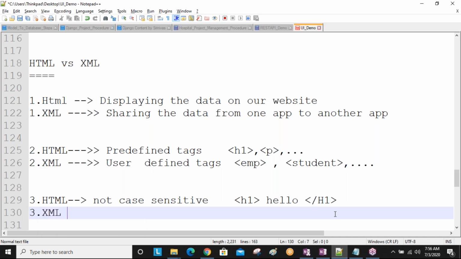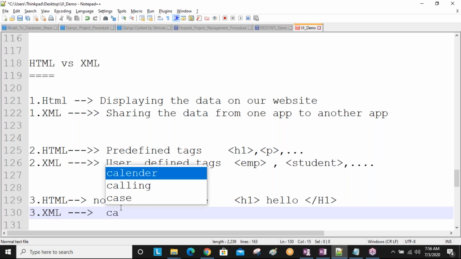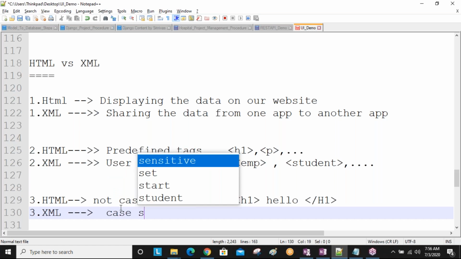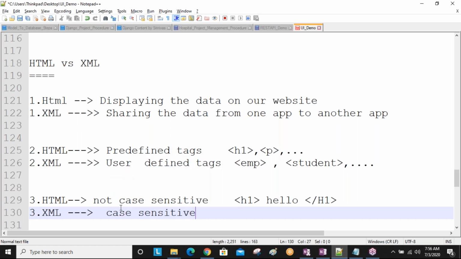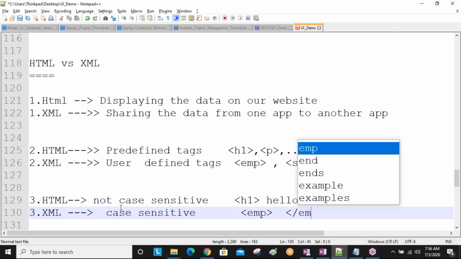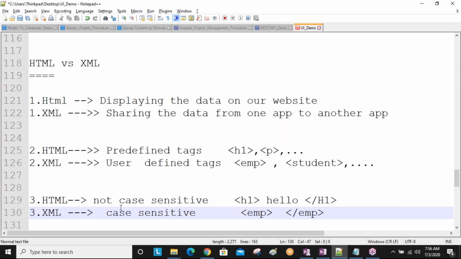Next, XML. XML is case sensitive. XML is case sensitive means if you write EMP, you should close EMP only.